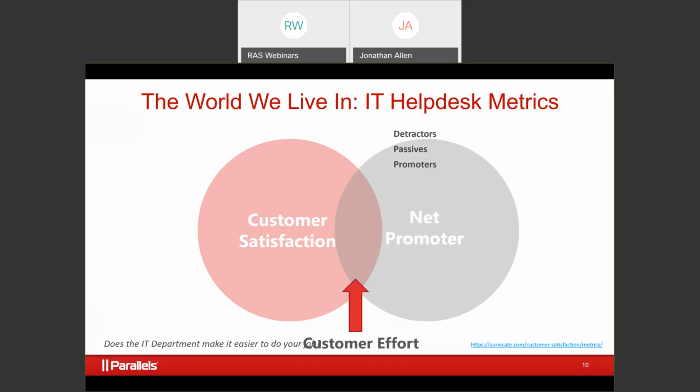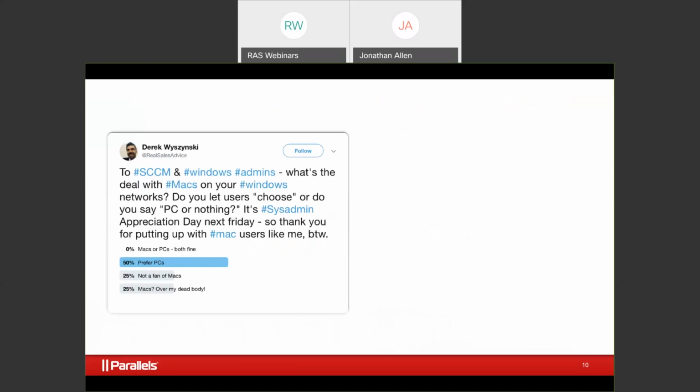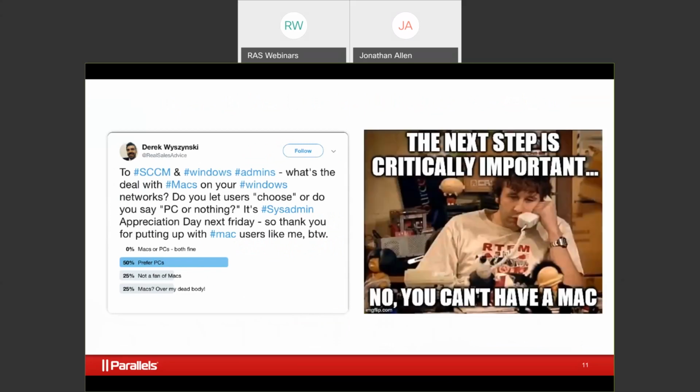So this also means that compensation, bonuses, educational and re-educational opportunities, all types of benefits, are tied to these customer experience and customer satisfaction scores that many IT organizations are getting. Now, we've known this for a long time, because here at Parallels we know that for a large part, sysadmins were always the ones to say, you know what, we have a network, we have it set up. These are our applications. These are the endpoints you can use. And that's it. You can't have a Mac. You can't have an Android. You can't have an iPad.